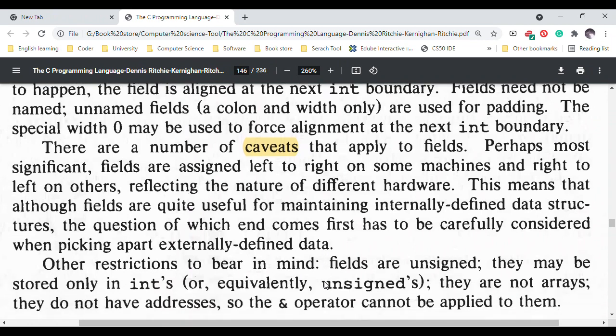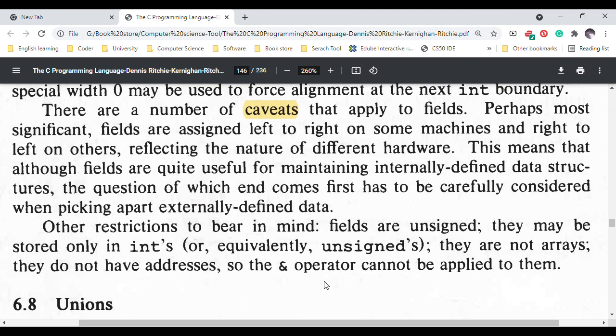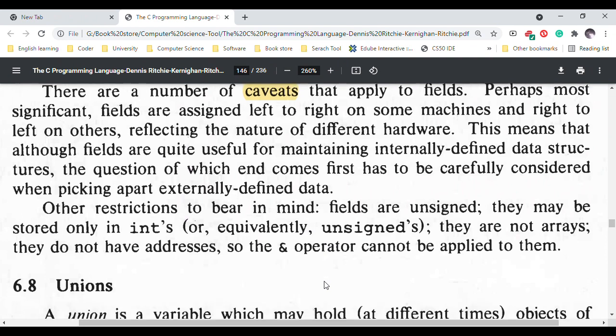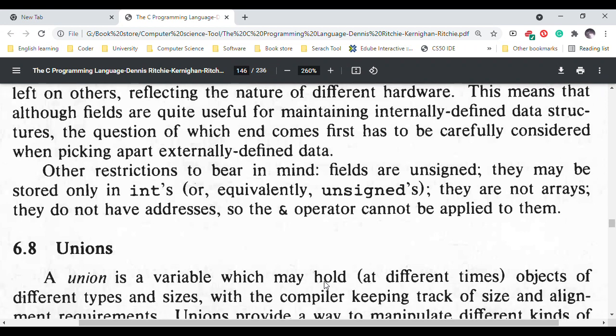This means that although fields are quite useful for maintaining internally defined data structures, the question of which end comes first has to be carefully considered when picking apart externally defined data. Other restrictions to bear in mind: